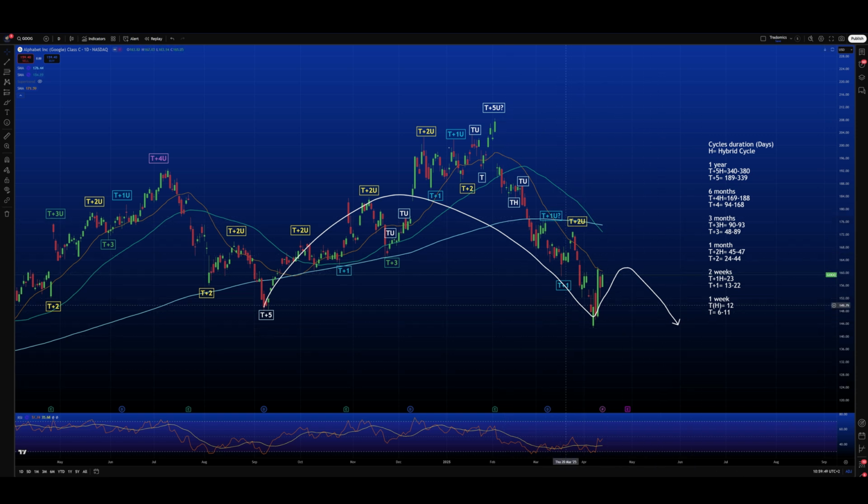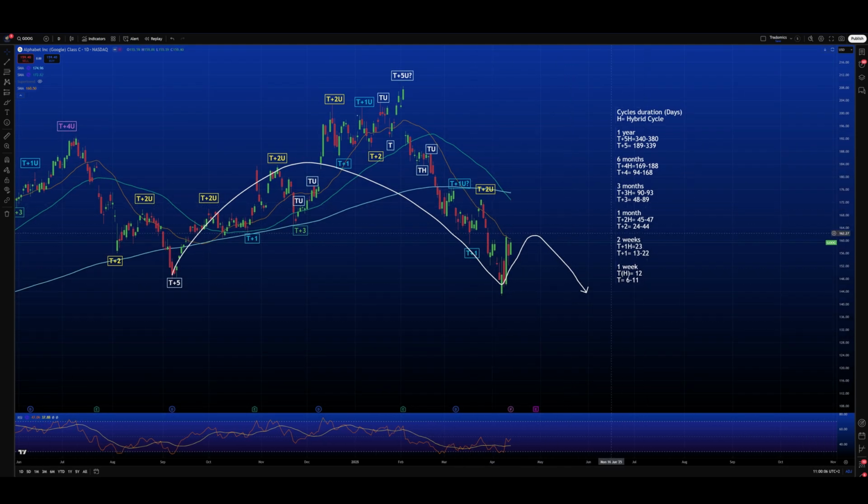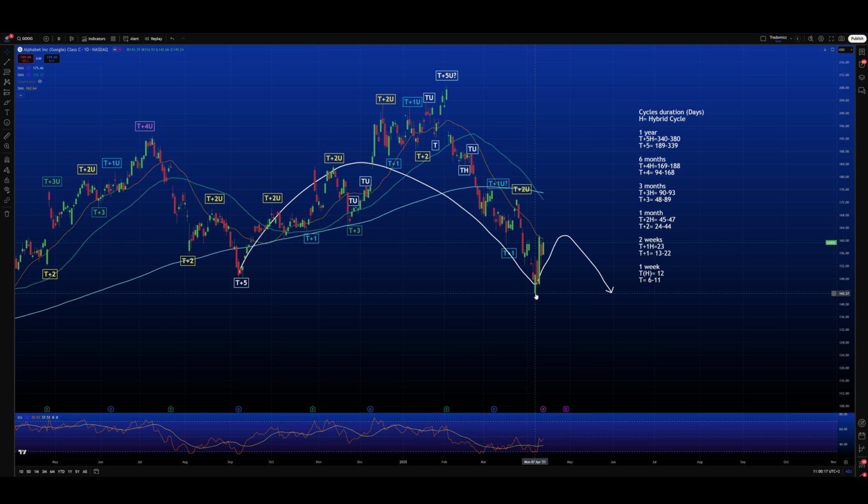So be careful to open long position, especially to buy Google if you want to keep it for, let's say, short term. Long term, of course, is another story, but you have to consider that after a bounce, we have to return lower than 142.66. So even if you wanted to start buying Google for long term, you have to be aware that by mid of this year or end of this year, we will have a situation like this.